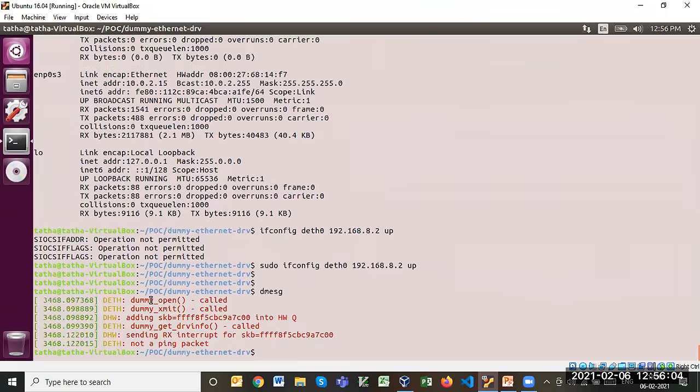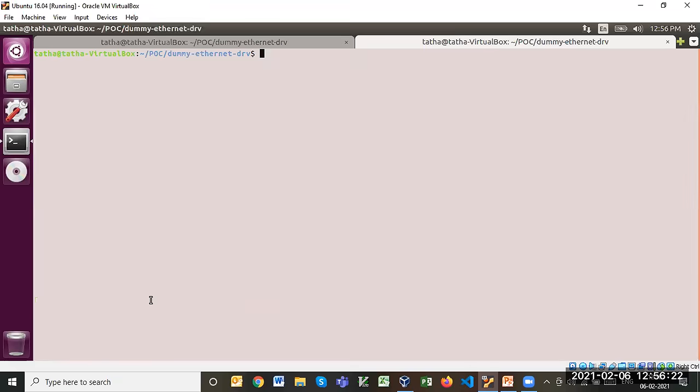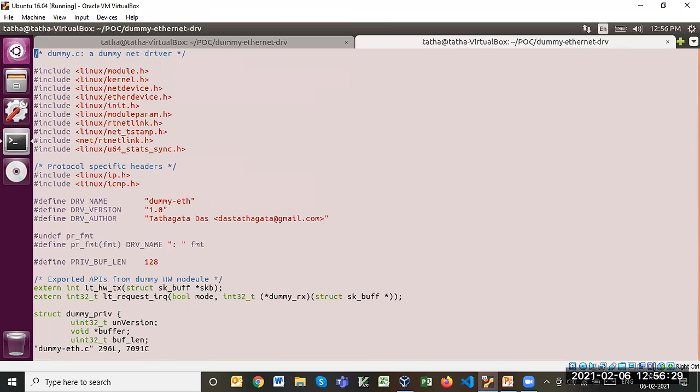Whenever you call ifconfig up, that is a system call, and it directly calls one of the functions that was registered with register_netdev. So let me now show you the source code, then you will understand. Please interrupt me whenever you have any questions.